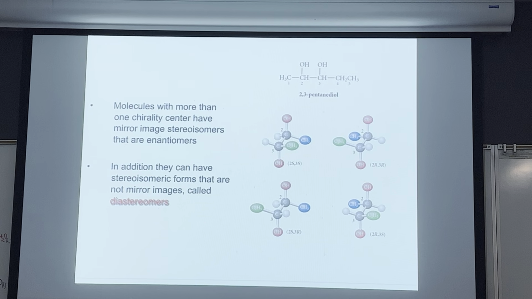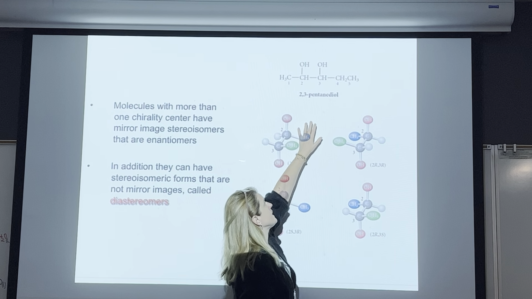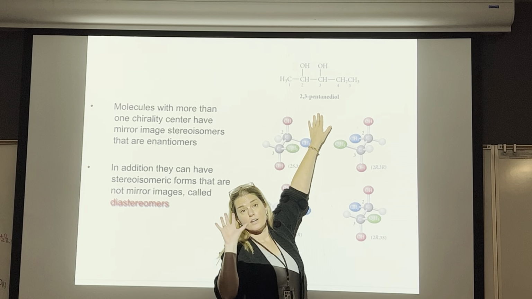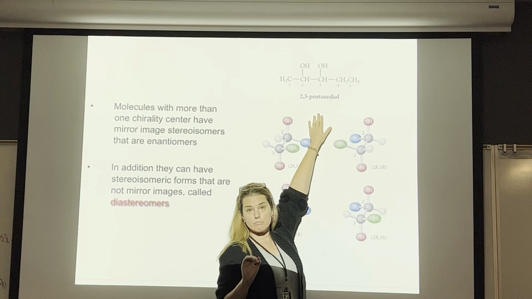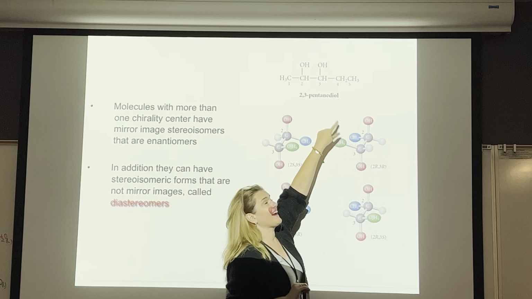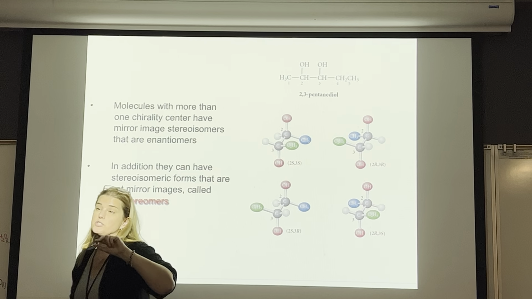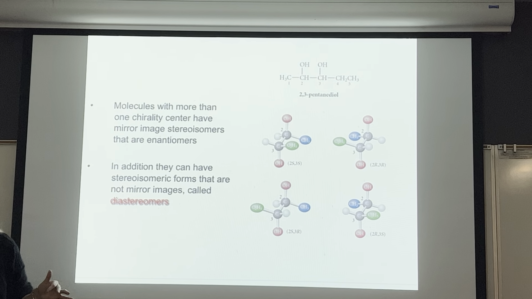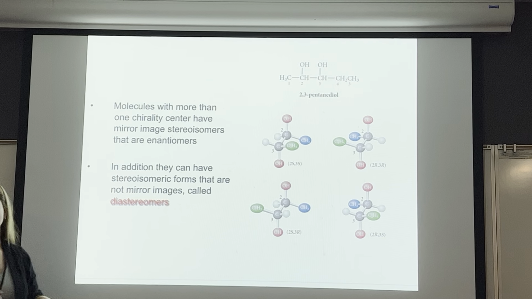So if we look at 2,3-pentane diol, let's go ahead and identify where our chiral centers are on 2,3-pentane diol. So first of all, friends, we've got pentane, and that's going to tell you that we've got how many carbons in our parent chain? 5. Are we all good with that? And then it says diol. So it's telling you you've got 2 OHs somewhere on that 5-carbon chain, right, friends? Where are they? They're at carbons 2 and 3.